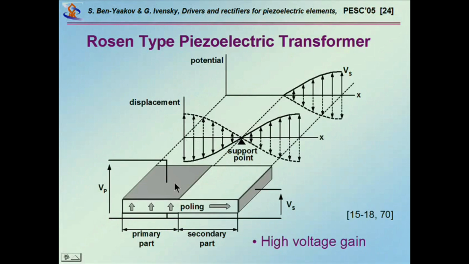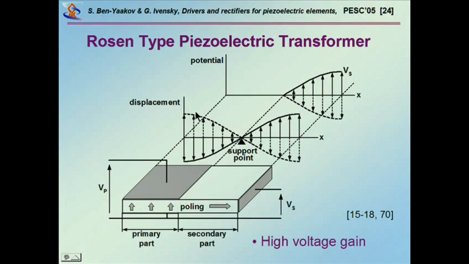And one of the fairly used transformers is the so-called Rosen type, after Mr. Rosen, who thought about it. And what we have here is a piece in which we have two different directions for poling. As we talked about, we have one which is vertical and one horizontal. And what happens here is, as we excite this primary side, we start generating a wave inside the element, and